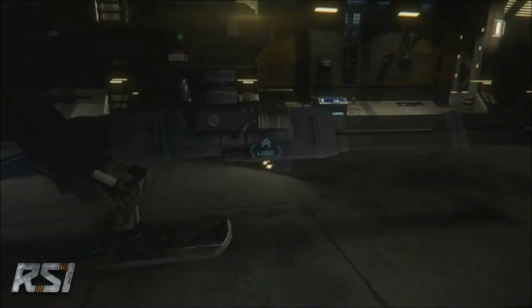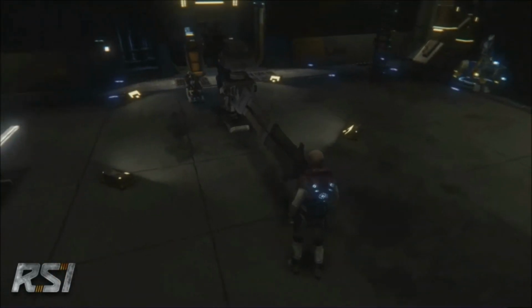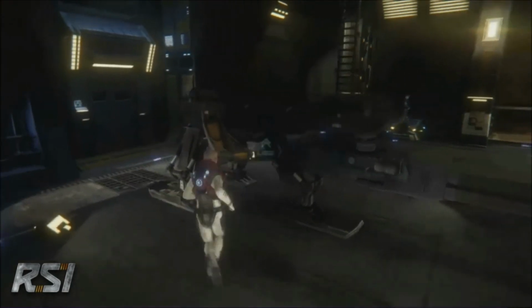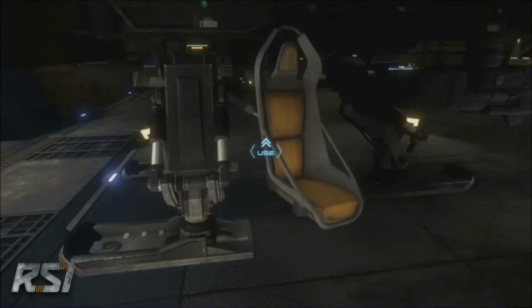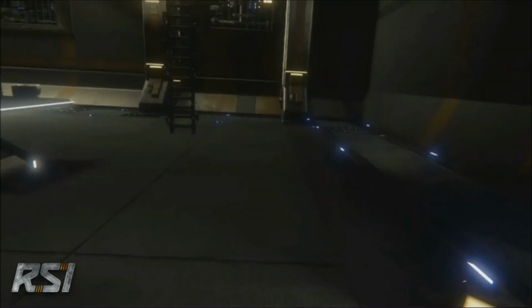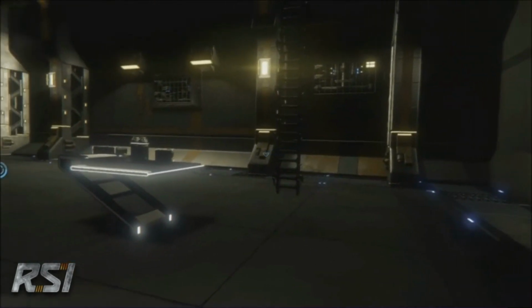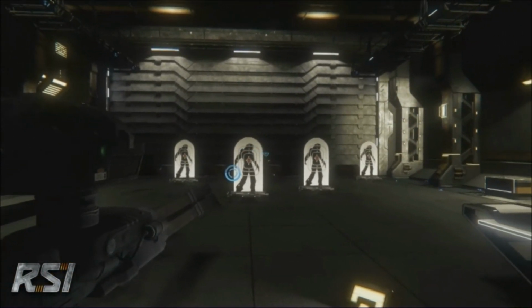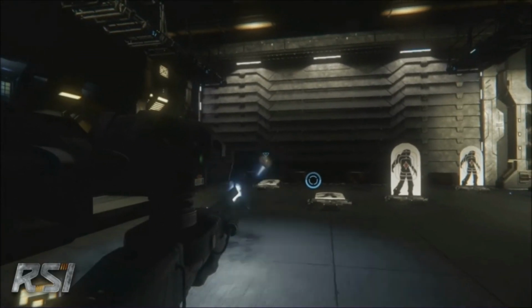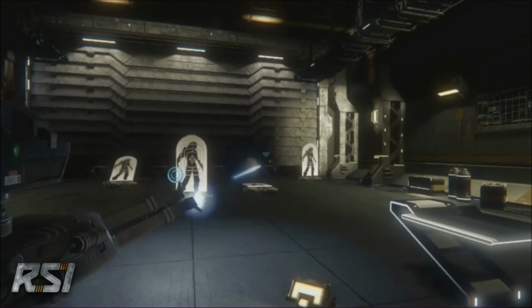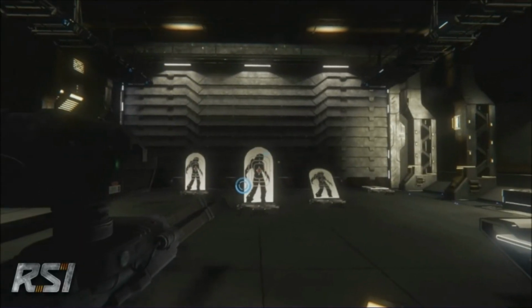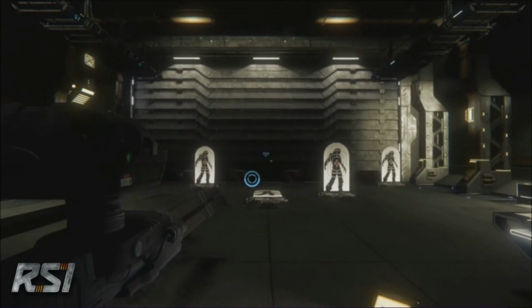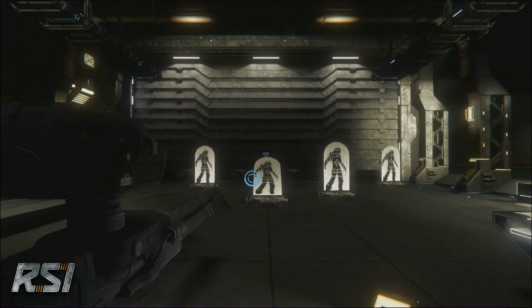And then you can see it's swapped the actual mount and the weapon itself on the mount. And then that'll completely switch out the actual weapon that's available. And now you can shoot that one too. So it completely changes the effect, changes everything. So it's just demoing exactly what the weapons are going to be capable of. And I was using this test platform to test out the Hornet